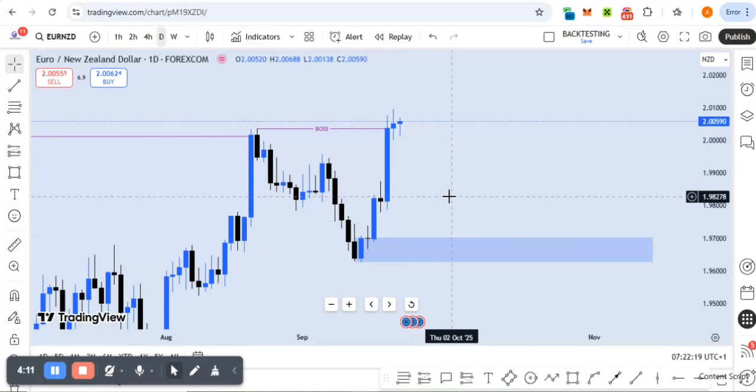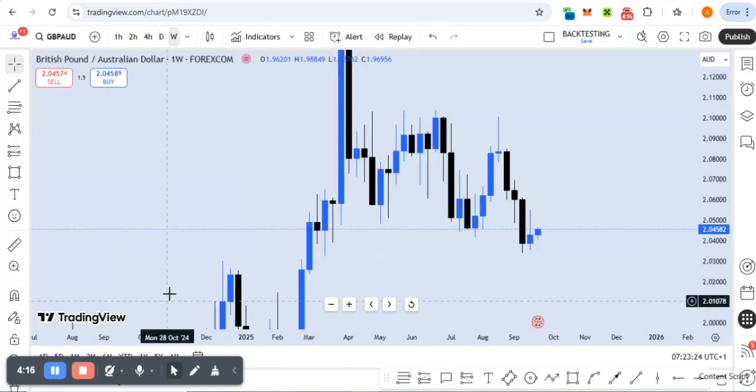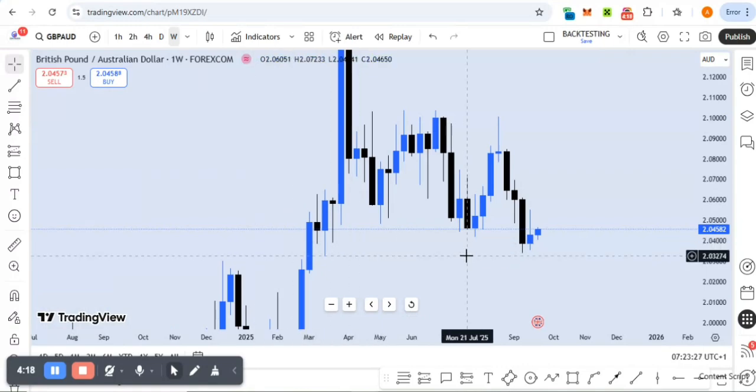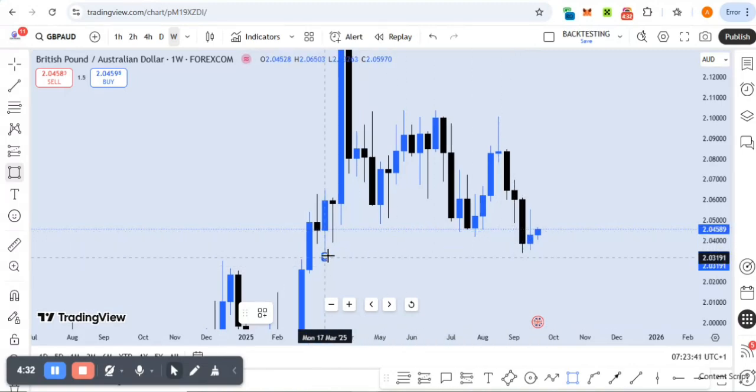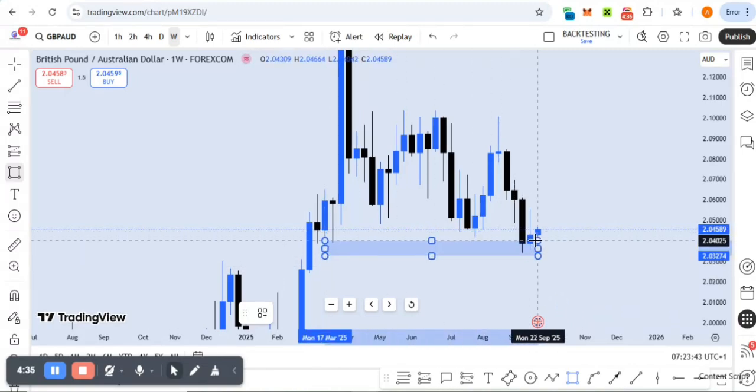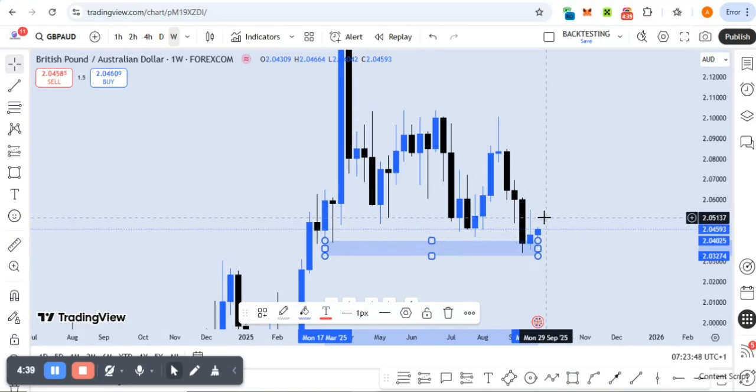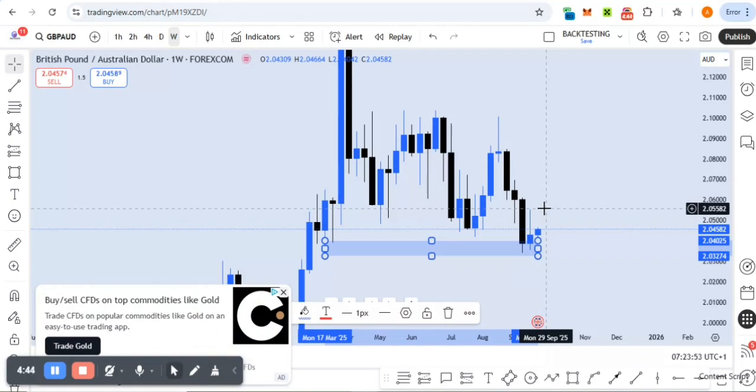So that's it. So let's really take a look at the analysis we did last week. So this is GBP AUD. We did analysis last week and we said that we are looking to sell GBP AUD, right? For now, however, on the weekly time frame, I want us to know that we are still very bullish. As long as price does not break out this low, we are still bullish. So that means that if we get any buy opportunities here, we can take them, right, temporarily. And on the daily time frame, we can look for sell continuation, right?